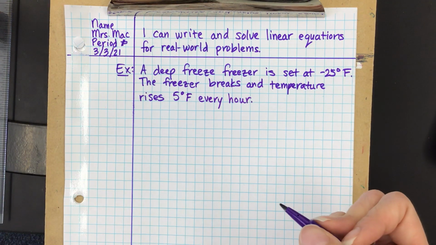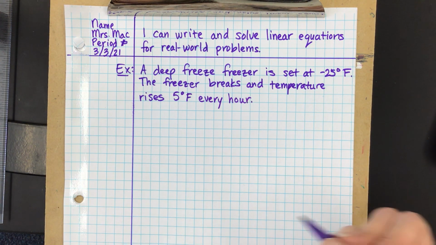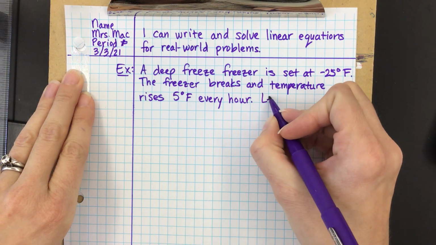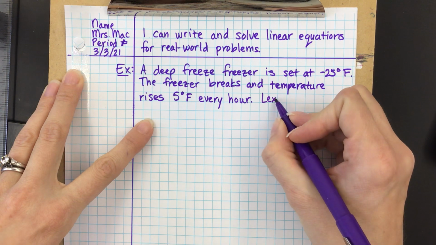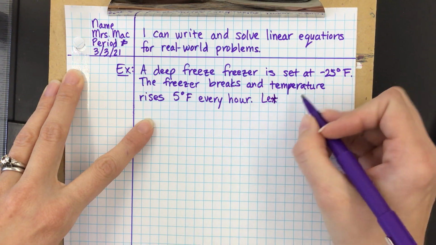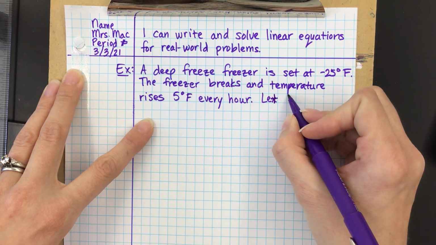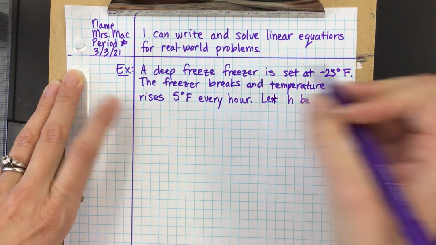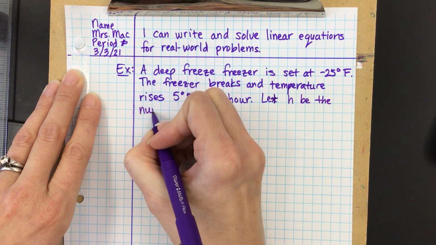Okay, so we are going to write an equation for this, and I'm going to define your variables for you. So we're going to let H be the number of hours,